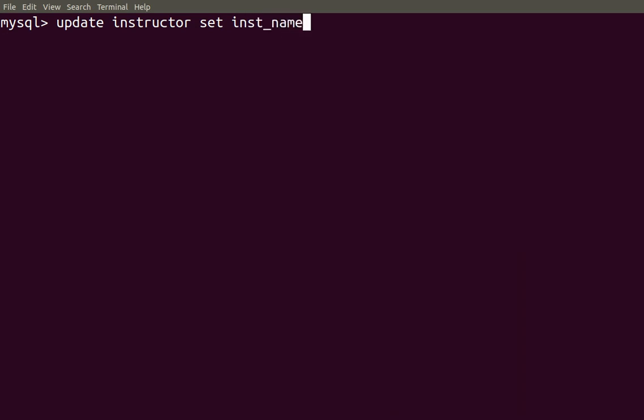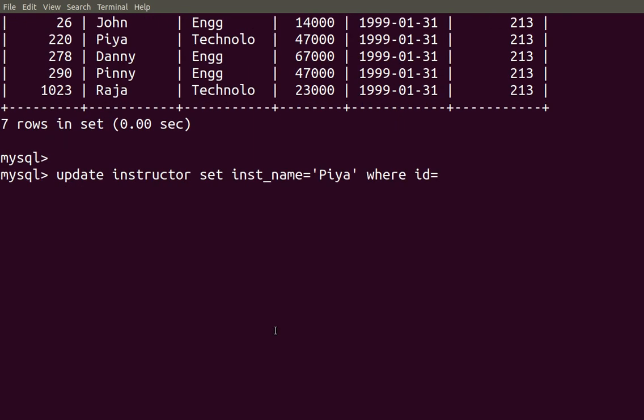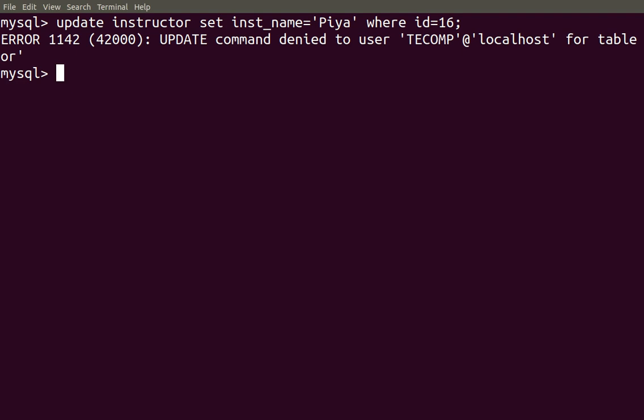Set instructor name equal to, I'll specify the new name, where ID equal to, I have to specify the ID 16. Okay, so I have given here the command to update the instructor, but it is not updating.